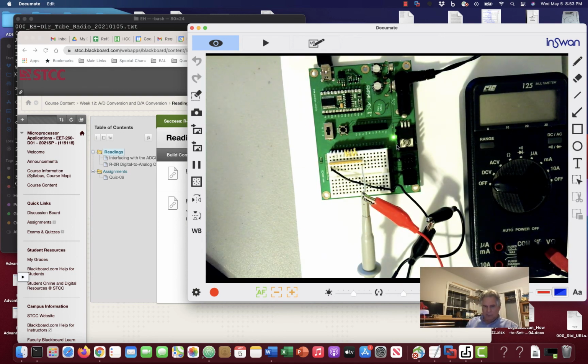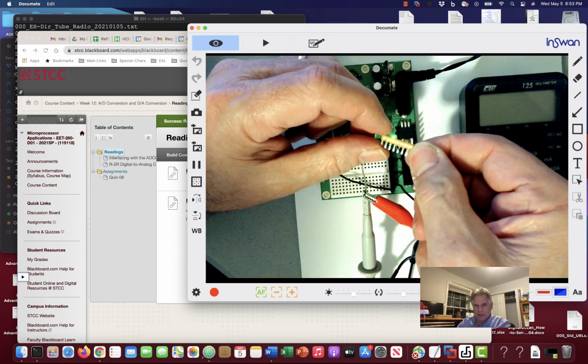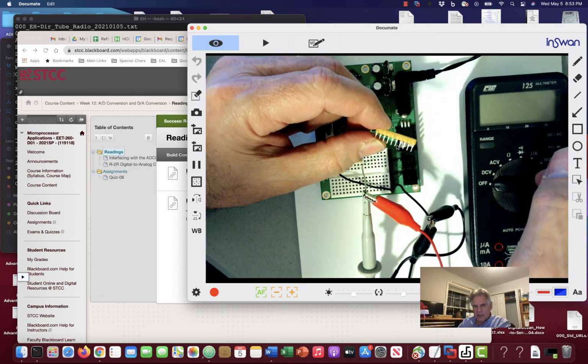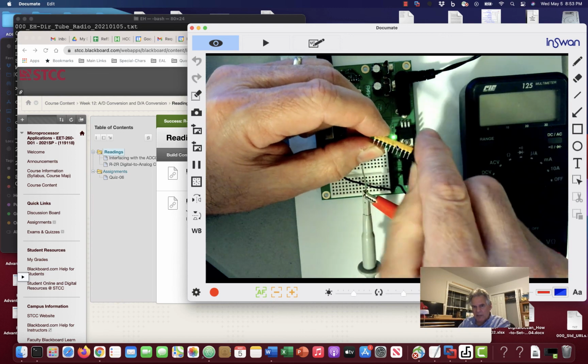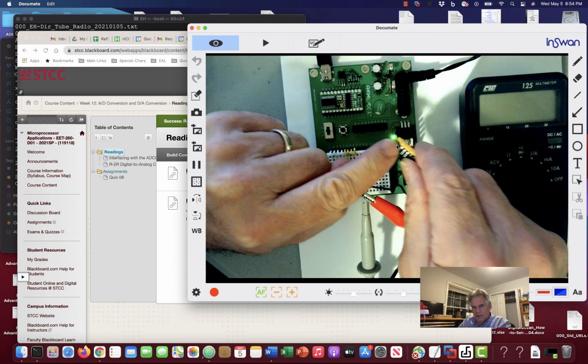Let me see if I can pull one out of here and show it to you. It's a bunch of resistors in the R2R ladder format, but they're on a ceramic substrate with pins coming off it. So this is obviously a through-hole component. I don't know if you can see it any better here. That's what it looks like. There's a little bit of writing on there. There is a dot right there, so you can tell